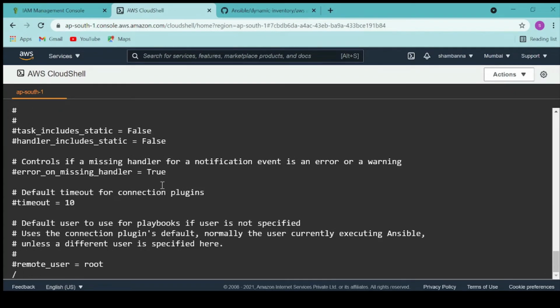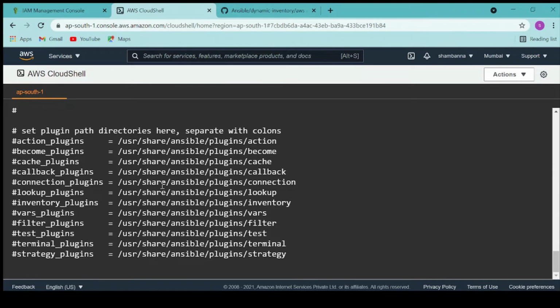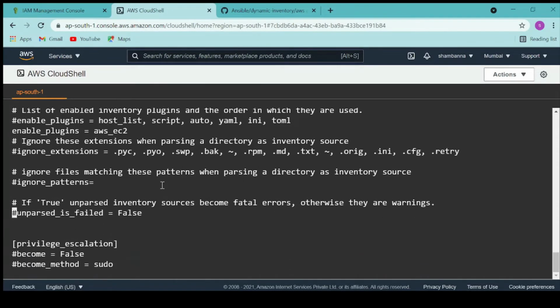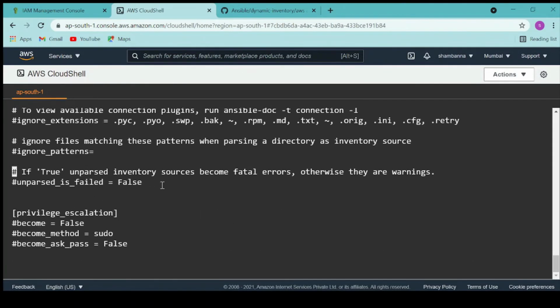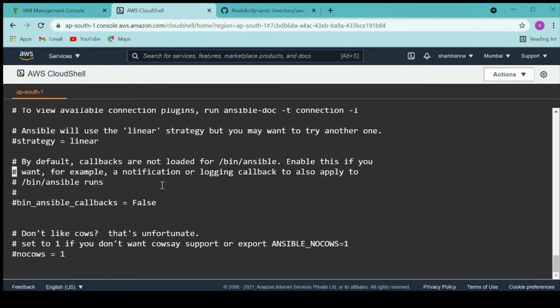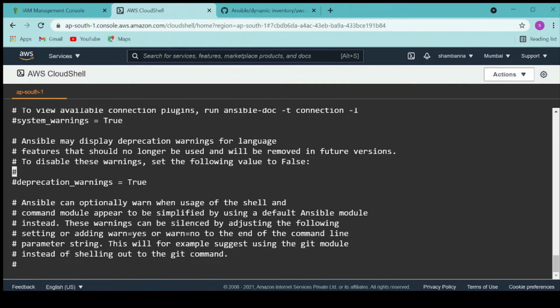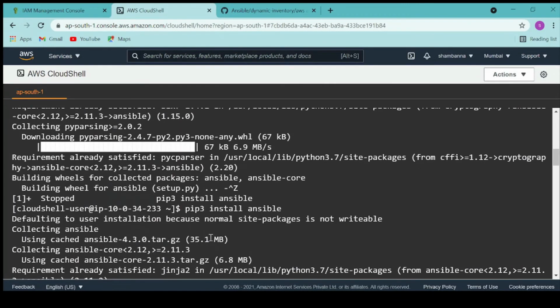I will look for this. So here we have the inventory file location. Let me go to the top.